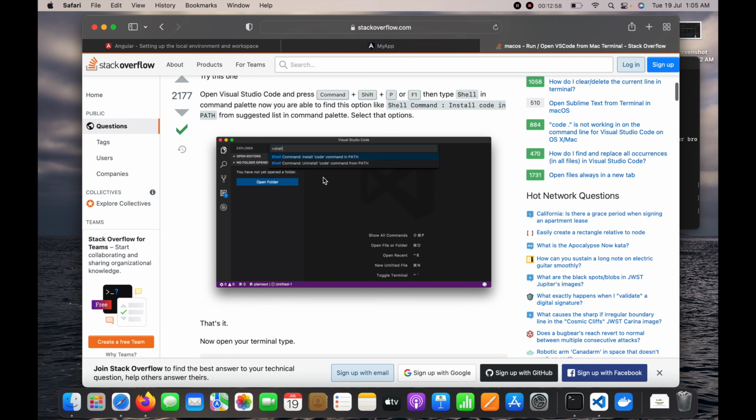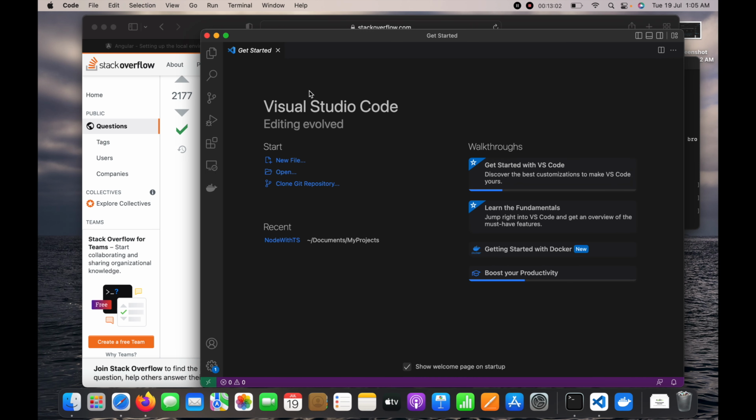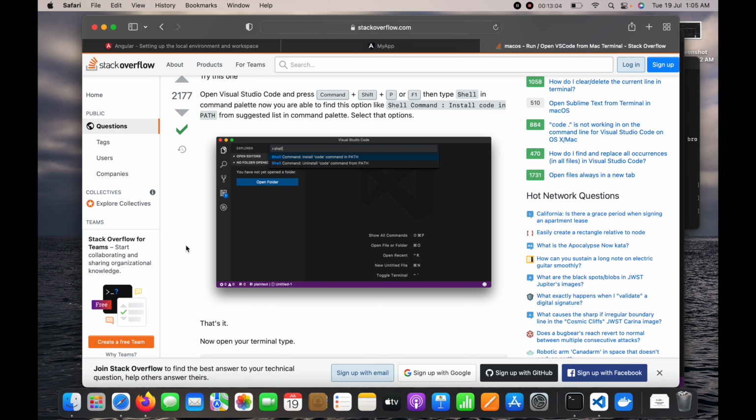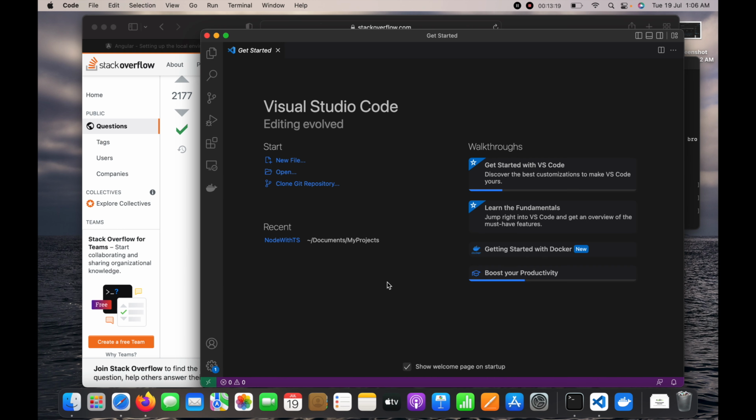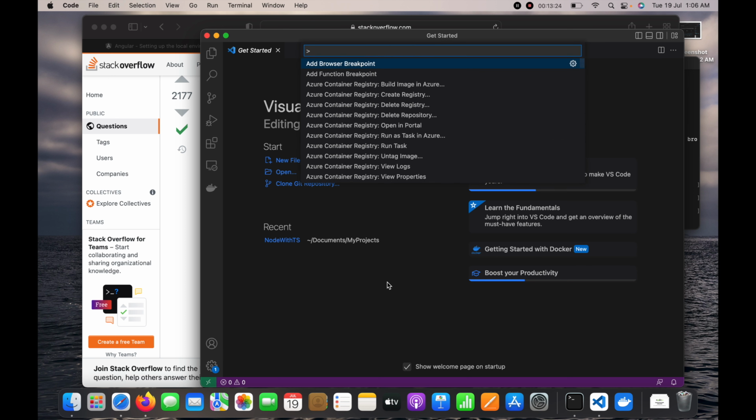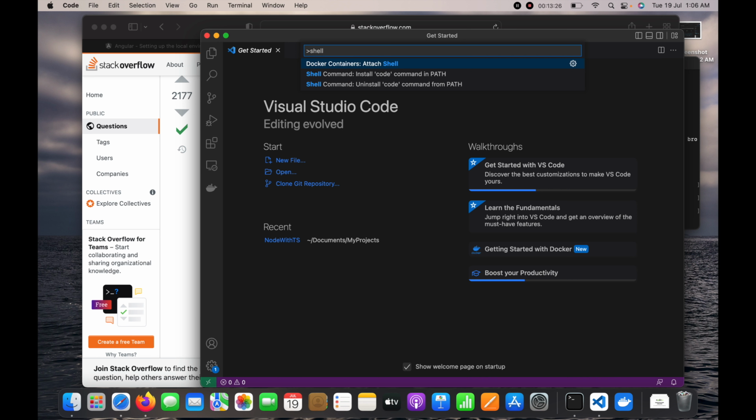So what we need to do here, in the VS Code we need to press Command plus Shift plus P or F1. Okay, we need to press that to open the option to install the code plugin. So we'll go here in the VS Code and press the mentioned command. Okay, here, and you can see,